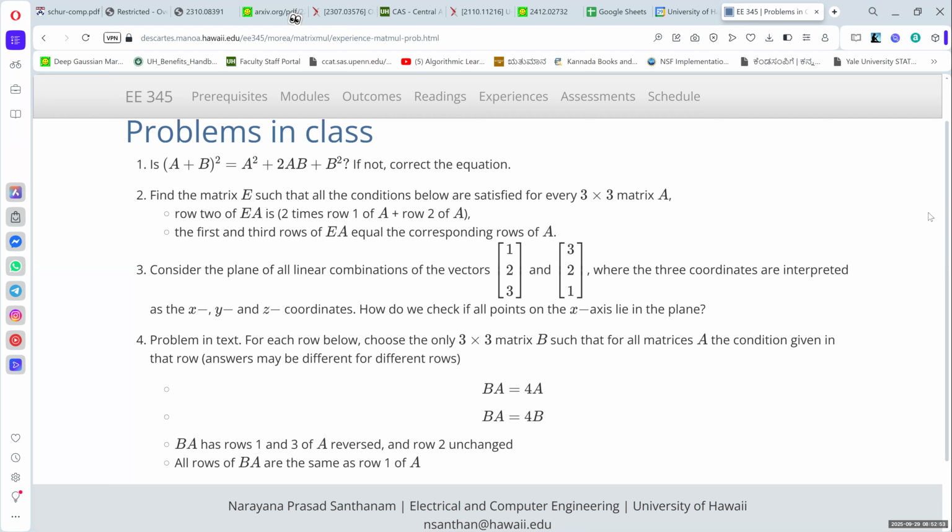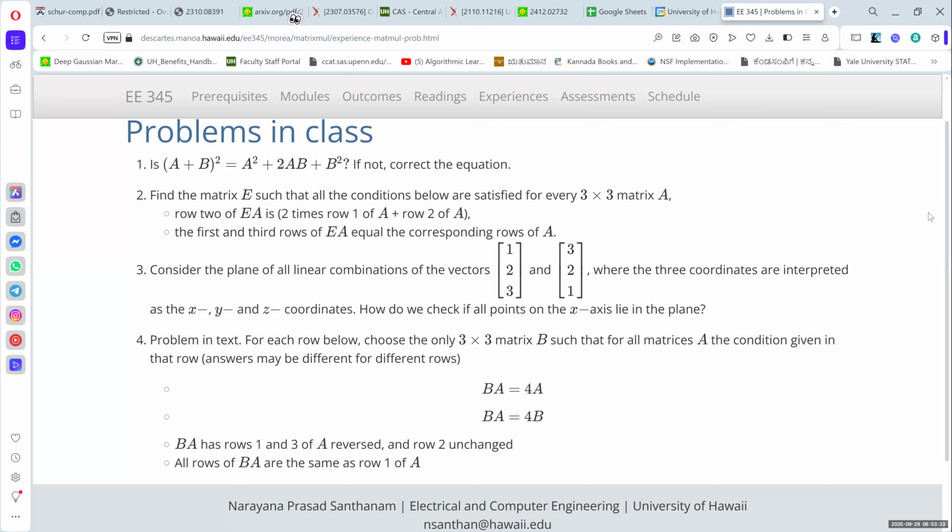What this says is find the matrix E such that for every 3 by 3 matrix A. This means that you need one matrix E that satisfies this for all matrices A. You cannot make your matrix E depend on A. You specify the matrix E ahead of time, and it should satisfy for all A